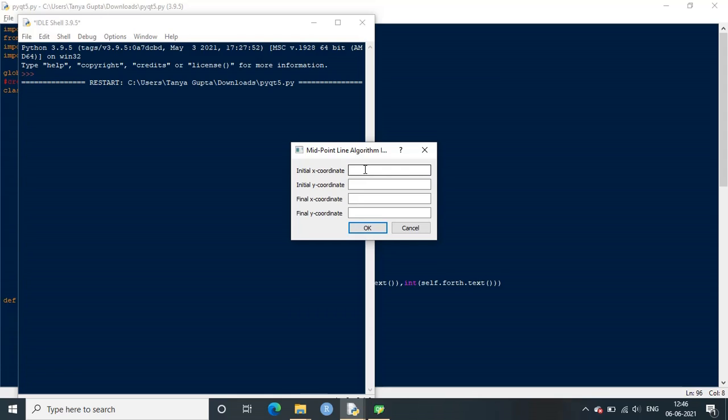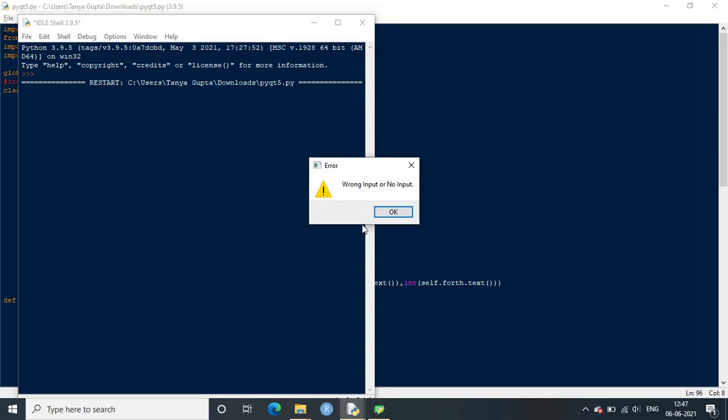Now I'll enter a string value, any character value, and an integer. It will not accept these values and will show the alert message to the user that you have entered the wrong values. We can see that this is the error message which got displayed: wrong input or no input.